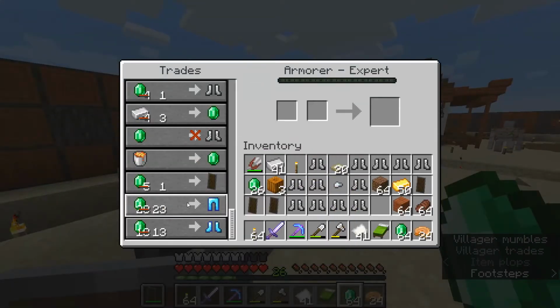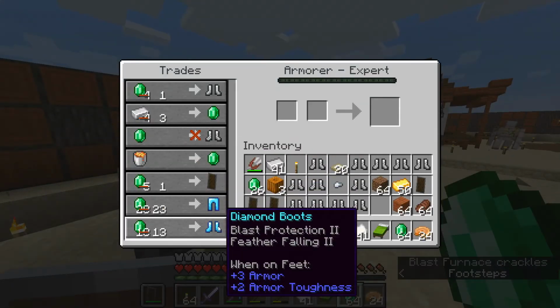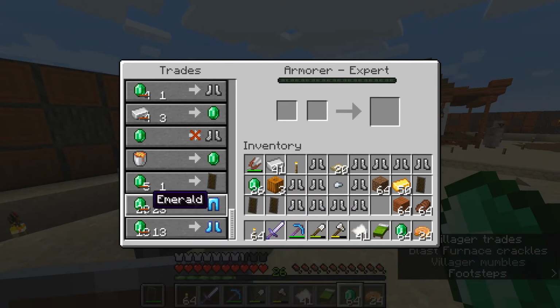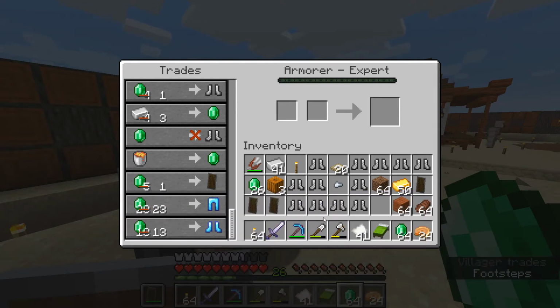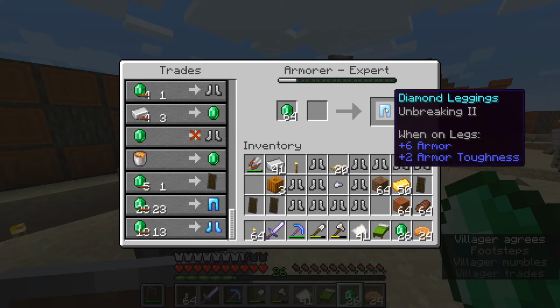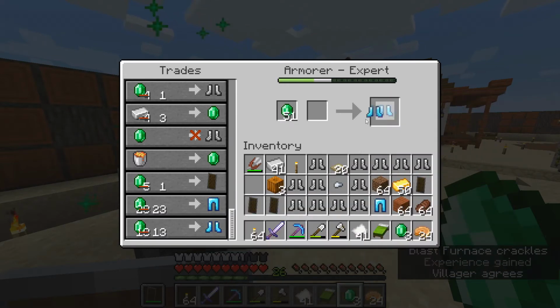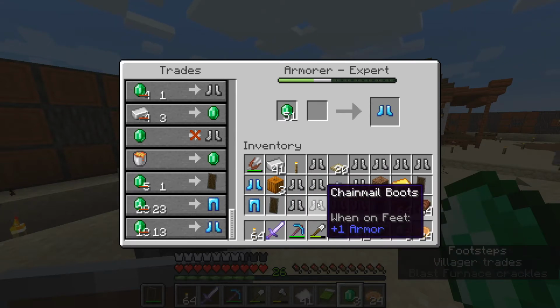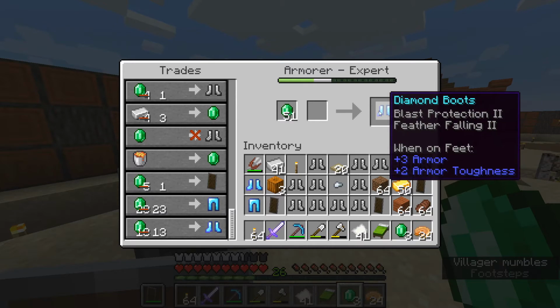There we go. So he is willing to sell us some diamond leggings and some diamond boots for 13 and 23 emeralds respectively. So we can definitely afford this. Absolutely no problem. So we're going to go ahead and buy one of each of these for ourselves. And I know what you might be thinking, these are actually already enchanted, and sometimes they may have bad enchantments on them. That is fine, because we can actually remove the enchantments off these, and we'll cover that in